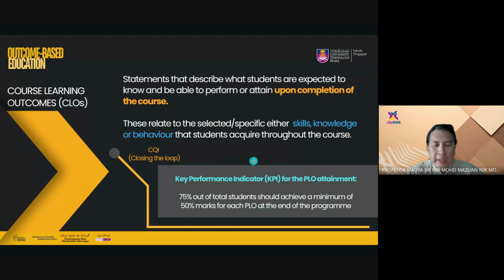Again, when I looked at the handbook provided by all of you, from the handbook I can actually gauge what kind of expectation you have for every course in the BDS. I'm talking about BDS.